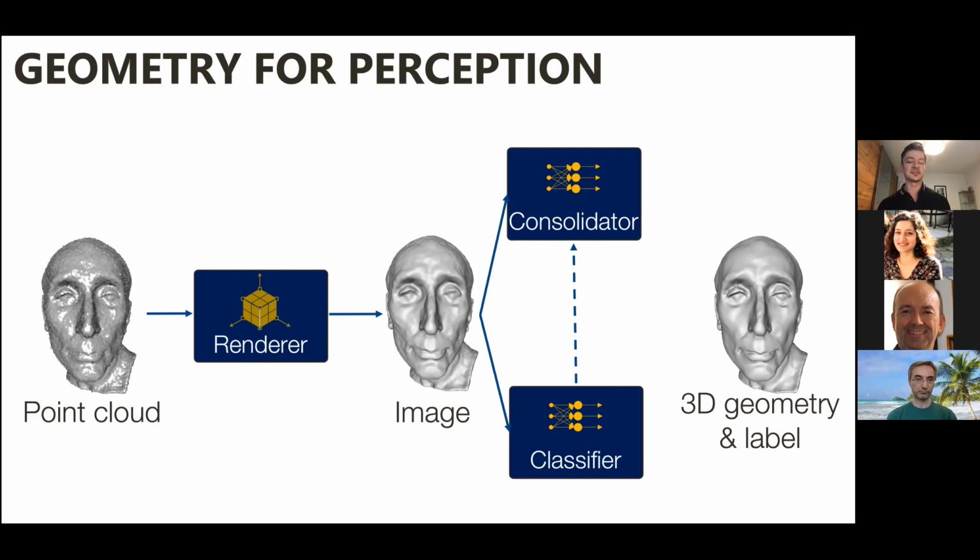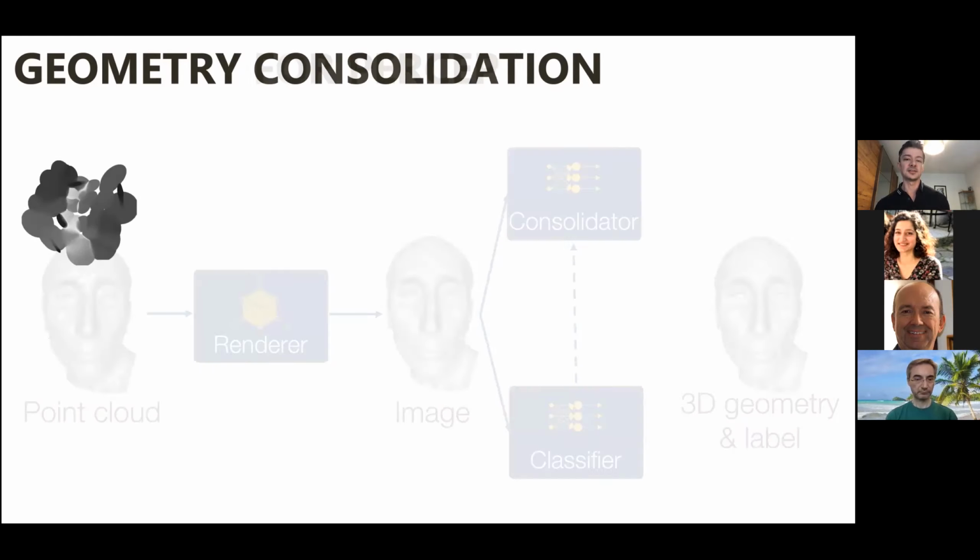At the moment, of course, the 3D data sets are becoming larger, but still we have much more images than 3D geometries. So it always makes sense to first go through images and do all the processing there for geometry still. And then the other thing is, of course, if you have a convolutional neural network or some way to regularly sample your data before you process it, then it's much faster. So this process works pretty well for both of these reasons, to get back much better geometries than what you would normally get out of a classical capture system.